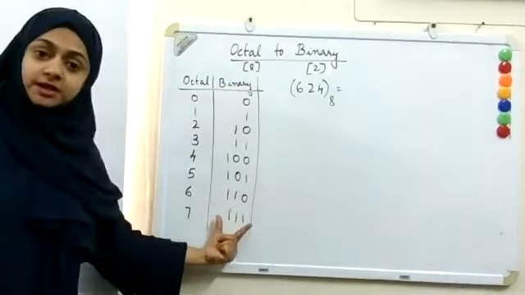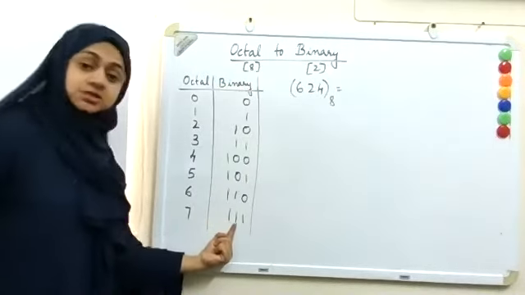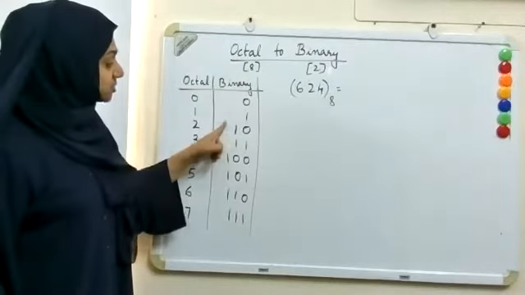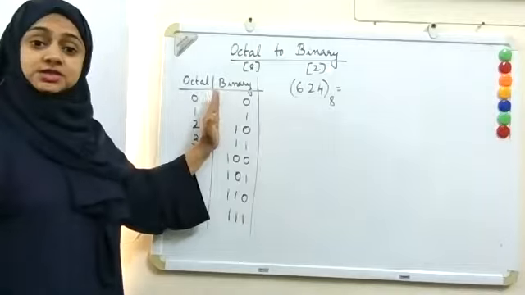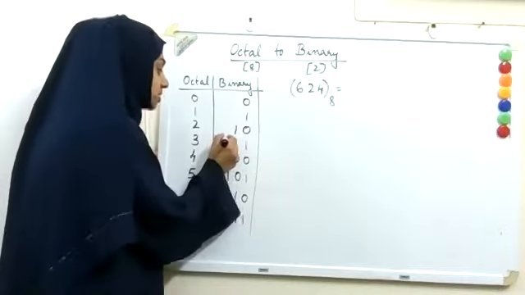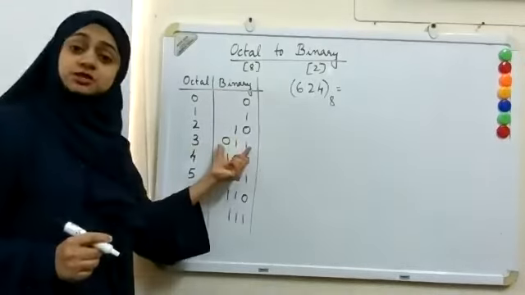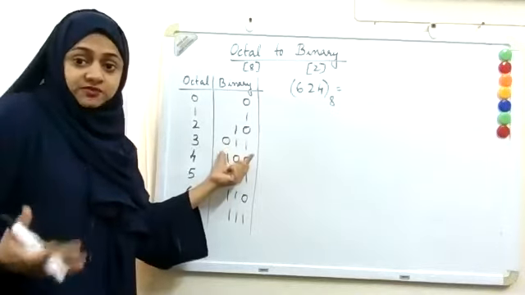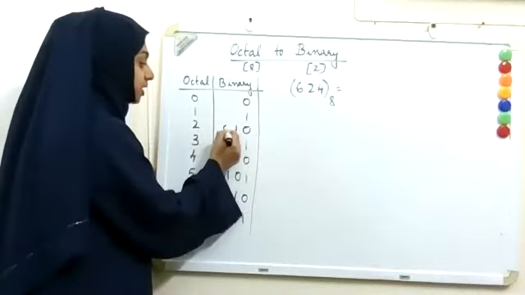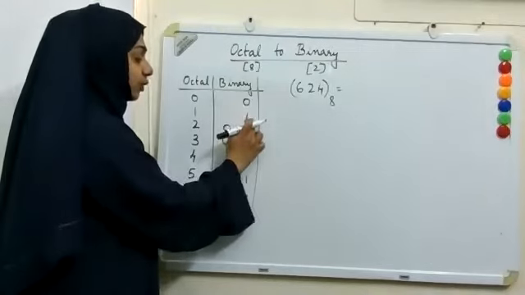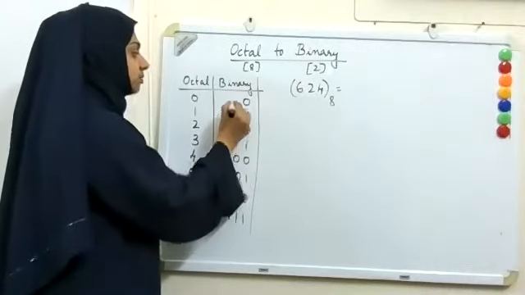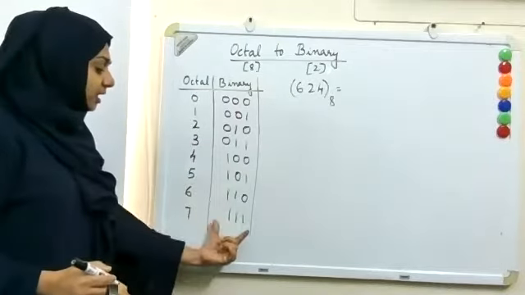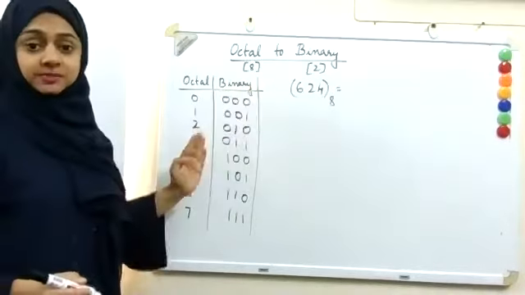Now there are 3 positions here, 3 digits here. To make all uniform, I'm just making all these 3 digits. For that, I just put a 0 before. Will it make any change if I put a 0 before? No. So there is no change if you put a 0 before. So I'm putting a 0 here. And there is only 1 digit, so I'll put 2 zeros before. So all of them now are represented by 3 digits.